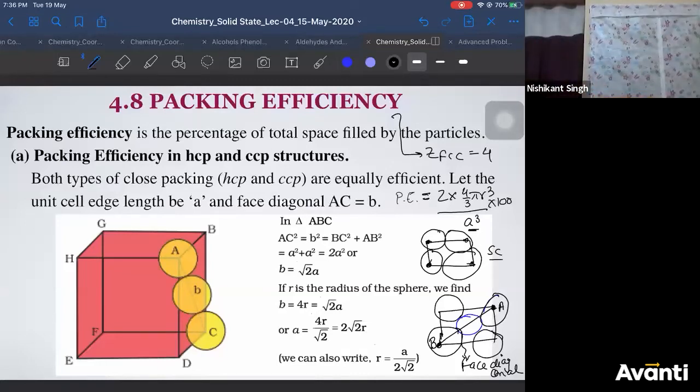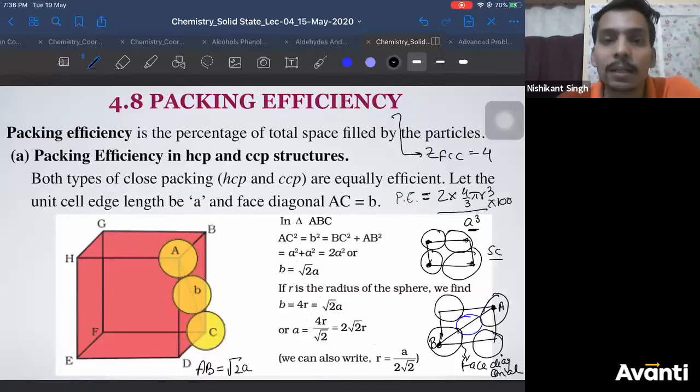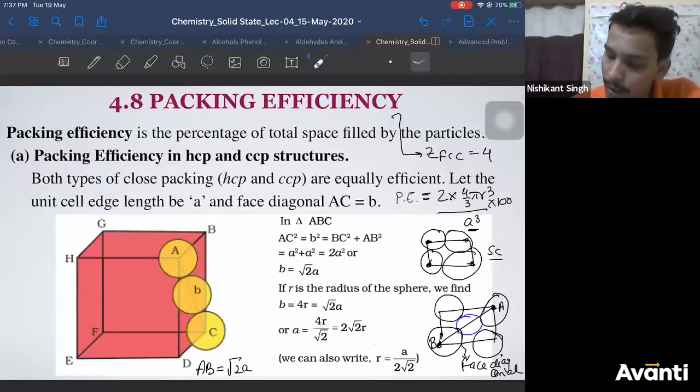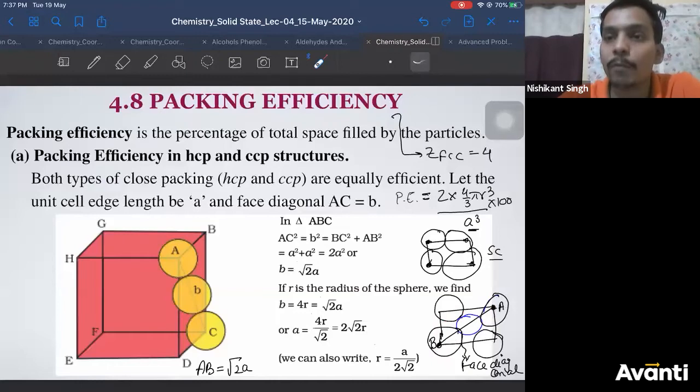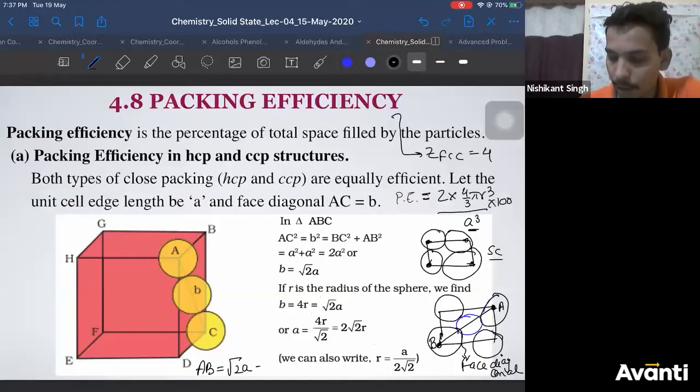All right. So what I was saying here was, face diagonal length AB is how much? Root 2a. Face diagonal length AB is root 2a. And also let us check how many radius are involved in it. From this corner to this center, radius is R. From this center to this particle R, here also R. From here to here also R. You have a total of 4 radius, right? So in a length AB, you have 4 radius. So I can write this is equal to 4R.